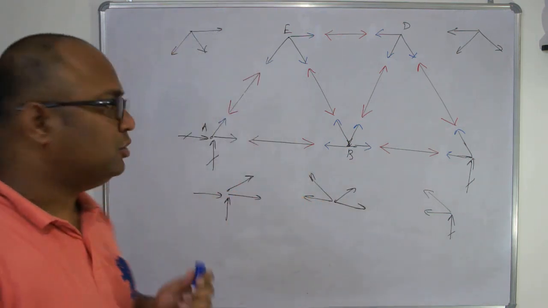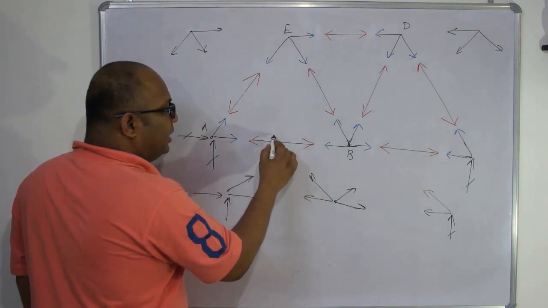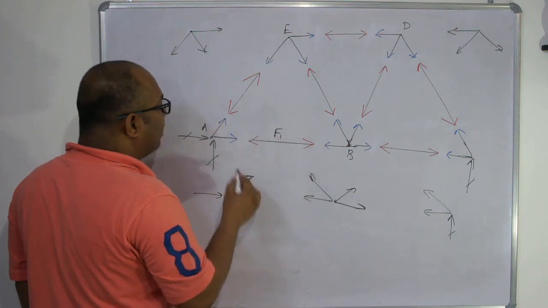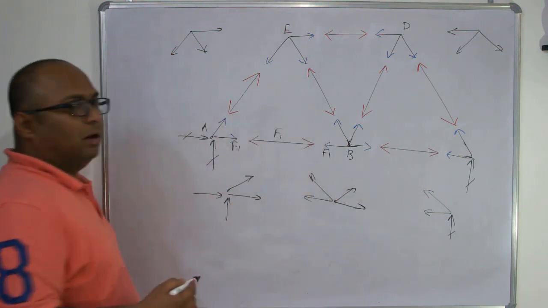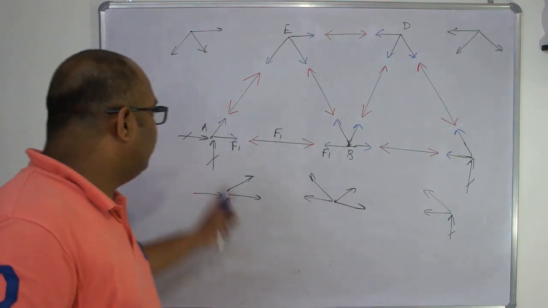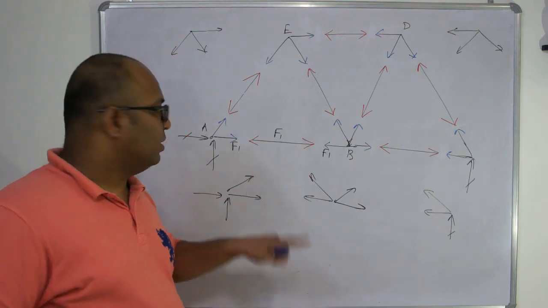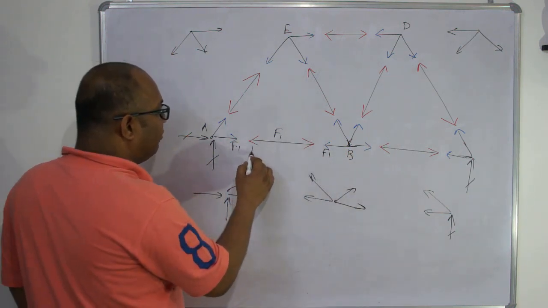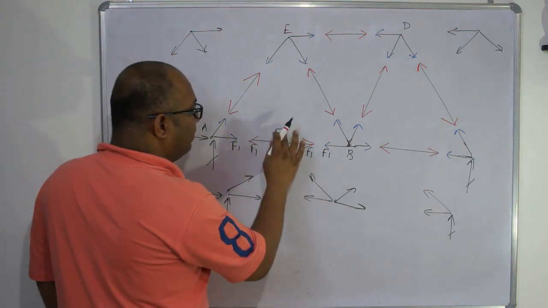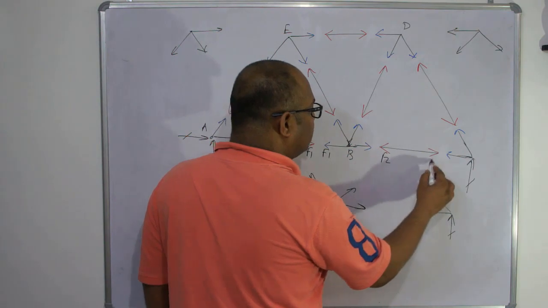There is one more thing which you have to understand. If this member has a force of tension, I call it F1, so this force will also be F1 and this force will also be F1. There will be no change in sign, even though it is opposite. There is one force, F1. So all these forces are F1. If I call this force F2, so this is F2, this is F2,